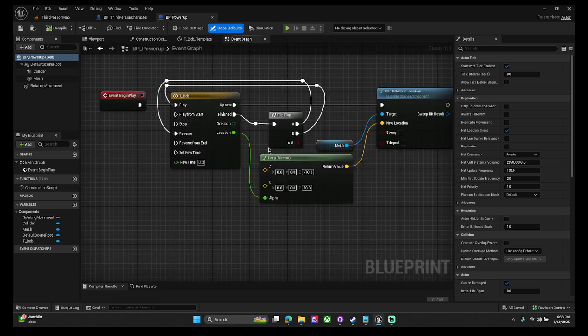And then the flip flop, what that does is on A, it brings it back to reverse, so that way it goes the other direction. And B, it'll go back to play, because if you do not have this flip flop node, then it will not play properly. So basically, you had to plug that into restart pretty much. So it just goes back and forth. And that's on the master class power up. And so that way, any power up that I'm doing